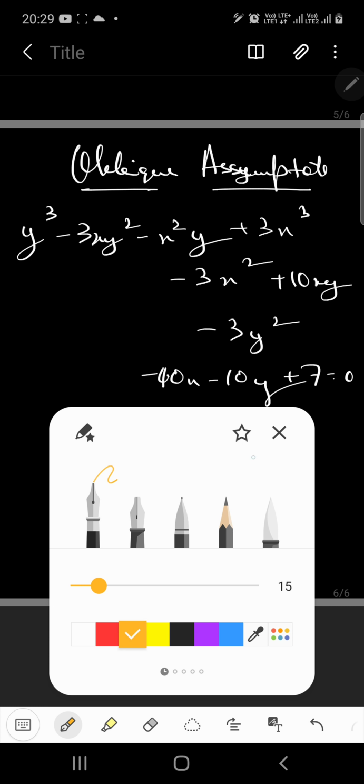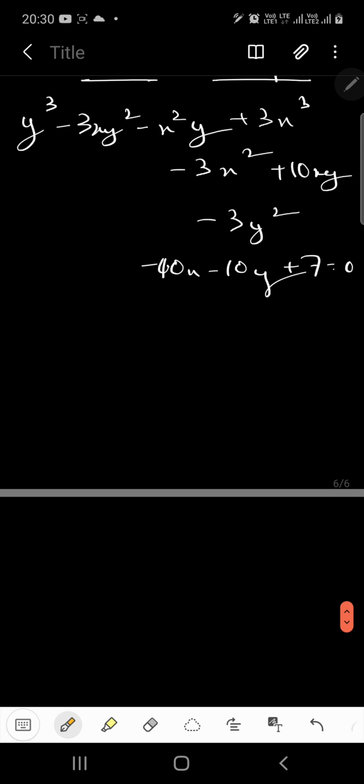So I have an equation here of a particular curve, and we need to find the oblique asymptotes of this curve. One more thing to note: whatever the degree of the equation of the curve, or the highest power term of the equation of the curve, you will have that number of asymptotes. Got it? So to find the oblique asymptotes of this particular curve, carefully notice what we will be doing.